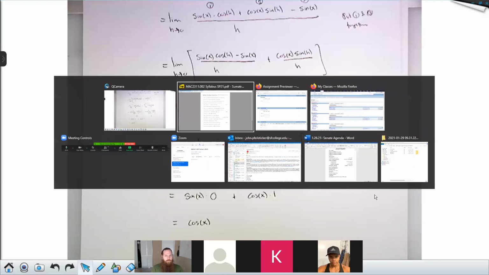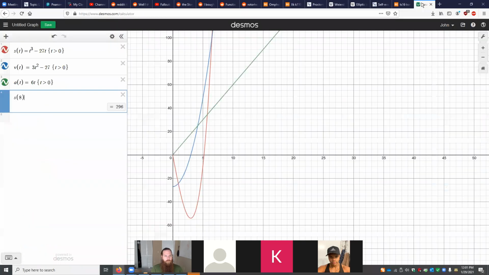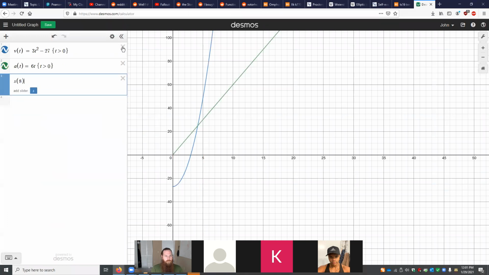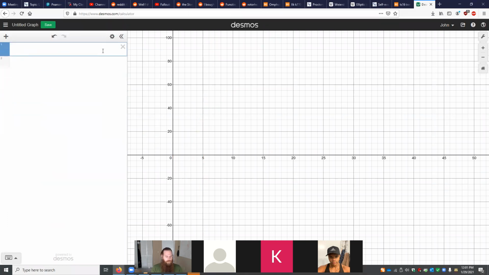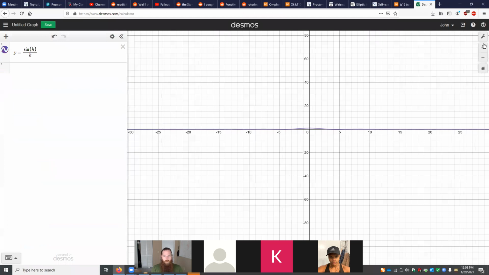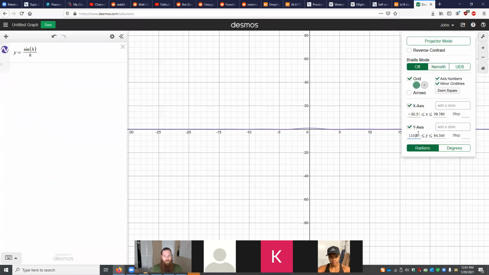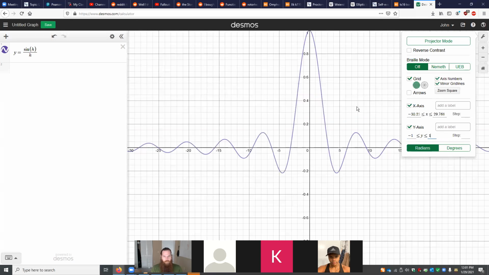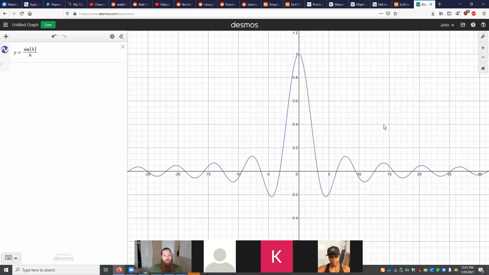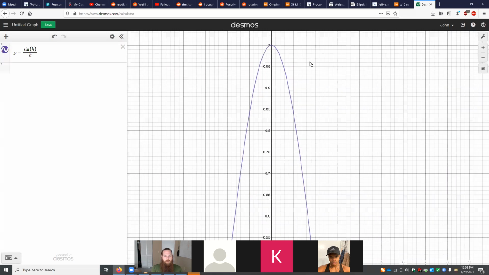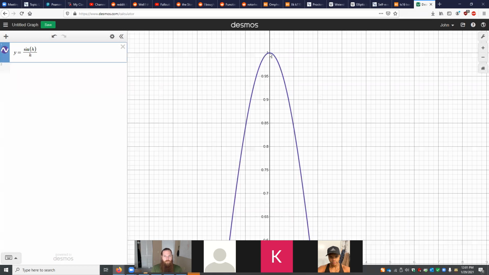I'm going to use Desmos. There's nothing wrong with looking at some graphs. Whoa! All right, let's rescale these axes. Y is going to run from -1 to 1. There we go. So here's sine h over h. Notice that as we get closer and closer to 0, this y value really is getting closer and closer to 1. In fact, it looks like 0, 1 is on the graph, but it is not. There's a hole here at 0.